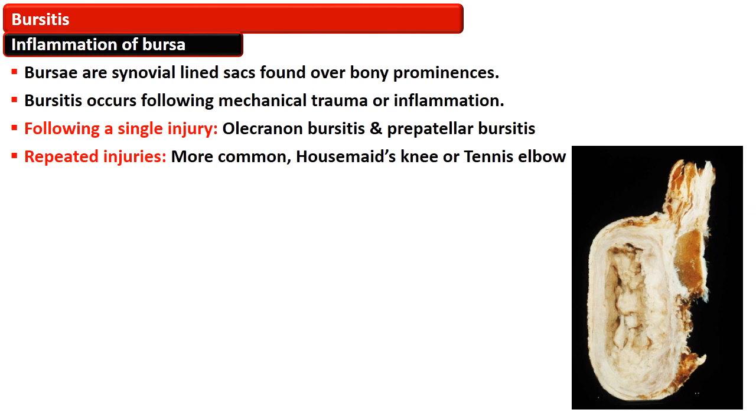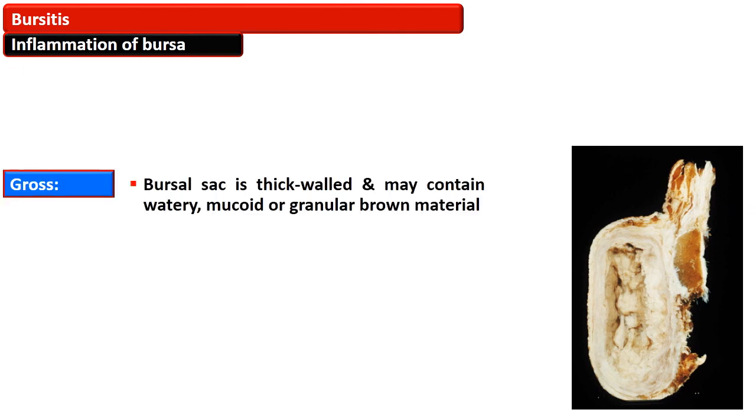It can occur following a single injury, as in olecranon bursitis and prepatellar bursitis, but the more common ones are from repeated injury, as in housemaid's knee and tennis elbow, in which there is repeated injury to these bursae. Then the gross appearance of these bursitis: the sac is thick-walled and may contain watery mucoid or